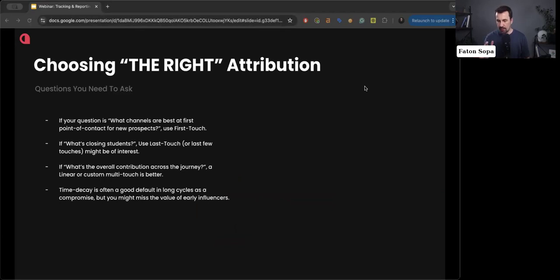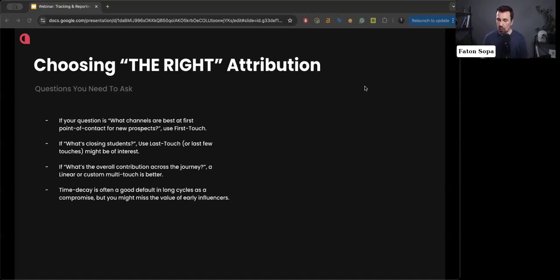And the way that you choose the attribution model is by answering some questions. If your question is more like what channels are best at first point of contact for new prospects, then my recommendation is to use the first touch.